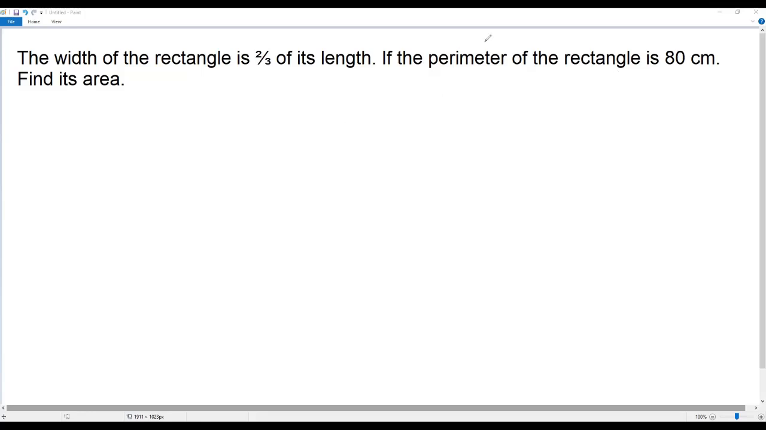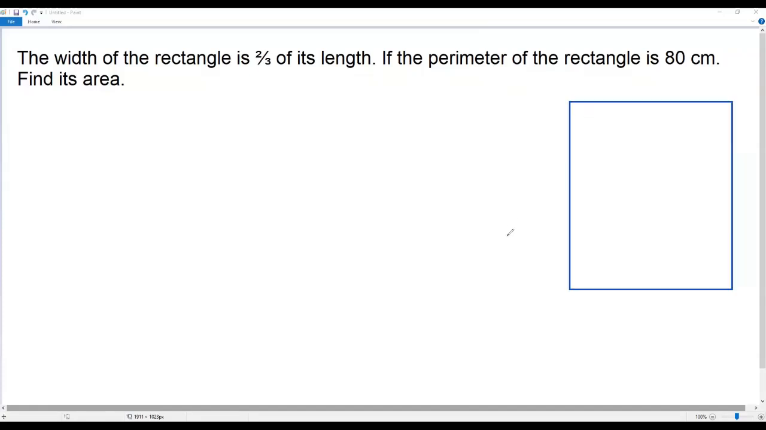Okay, so first let me draw a rectangle. Here I have drawn a rectangle, and according to the information, the width of the rectangle is 2/3 of its length. Okay, I assume the width of the rectangle as x. Then what is the length of the rectangle? So it's 2/3 of its width. So since we have assumed x as the width of the rectangle, then the length of the rectangle will be